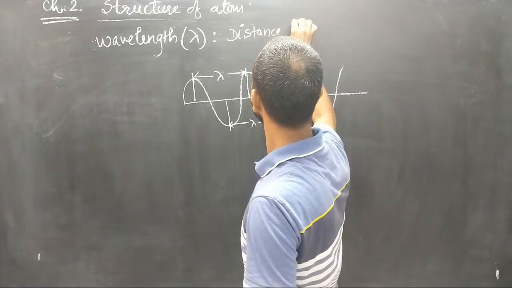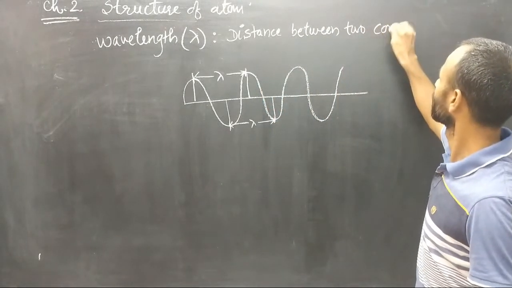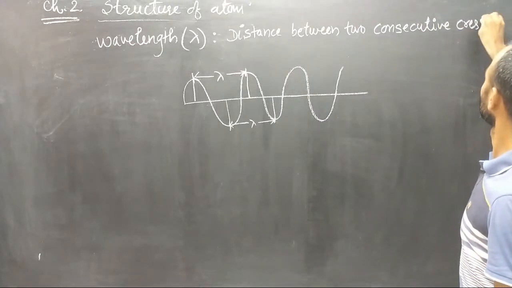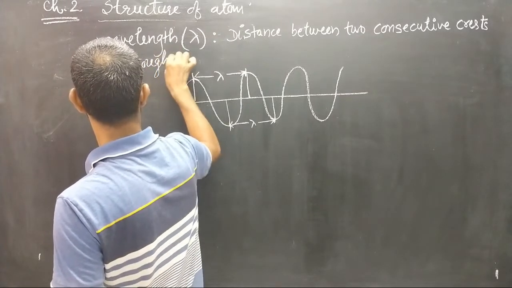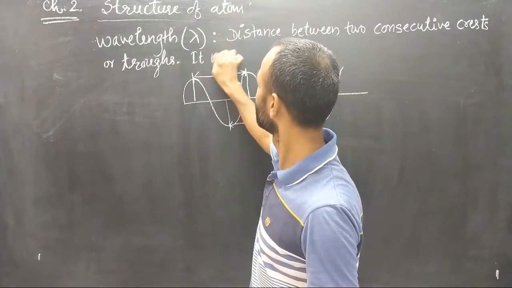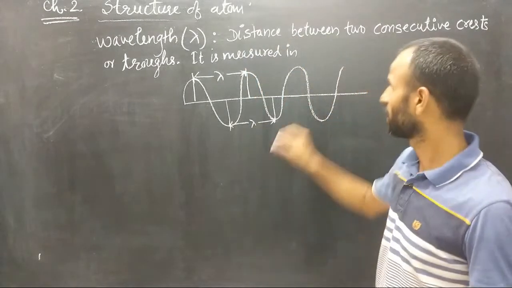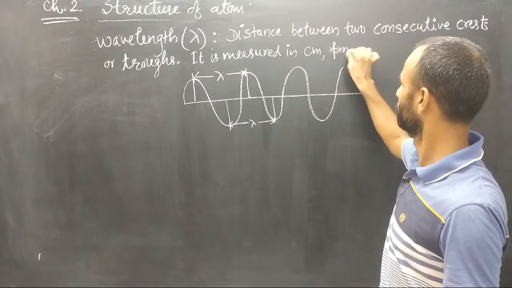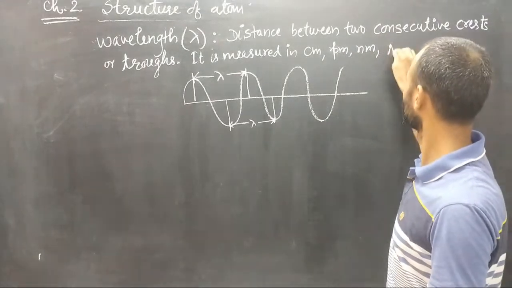Distance between two consecutive crests or troughs, that is called wavelength, and it is measured in centimeter, picometer, nanometer, and so on. Okay, angstrom,